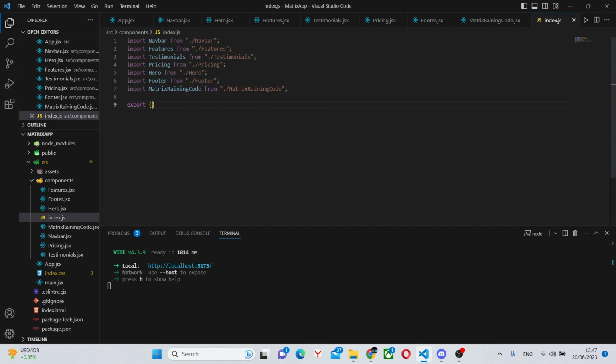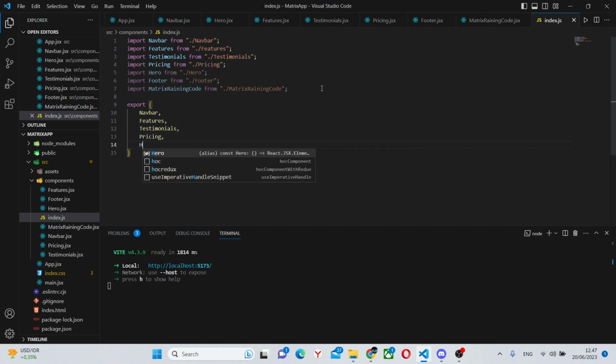Now we can export all of this. So say navbar, features, testimonials, pricing, hero, footer, and matrix training code.